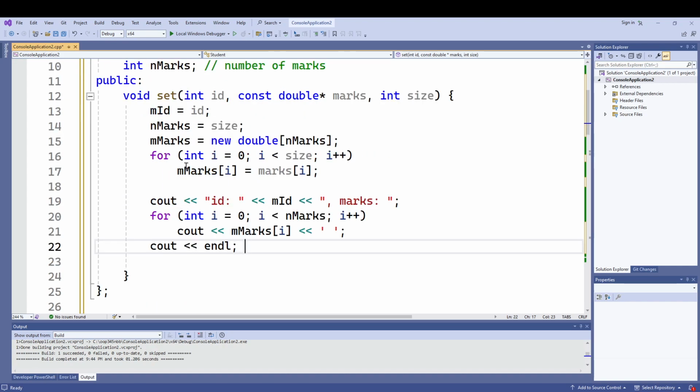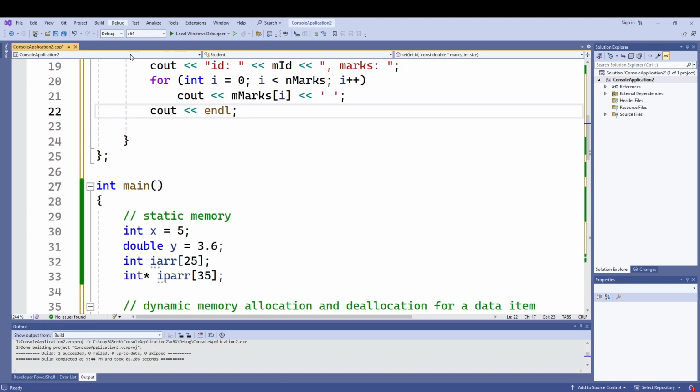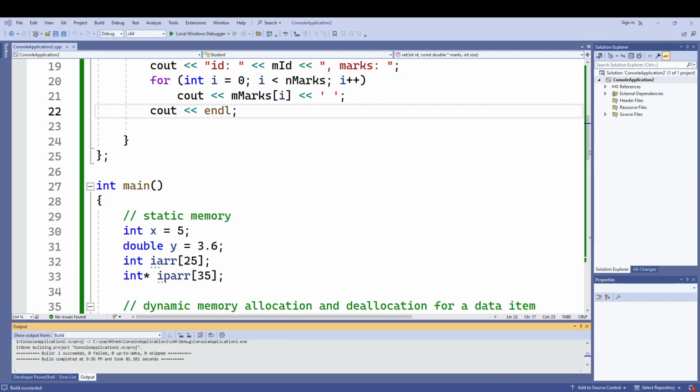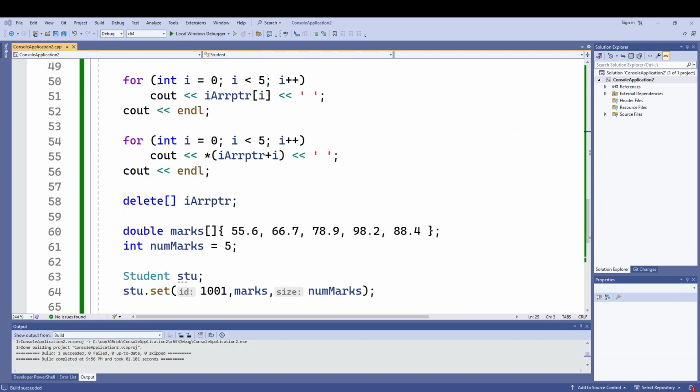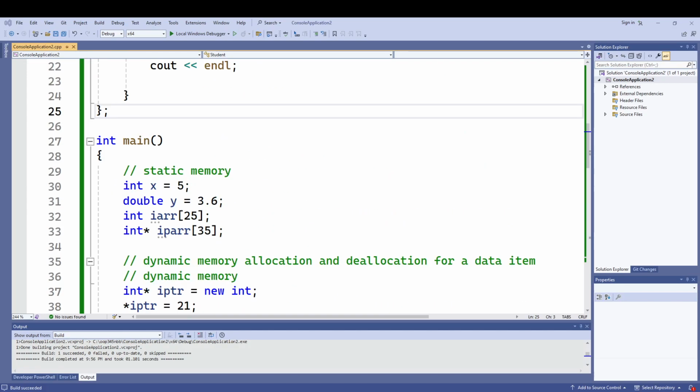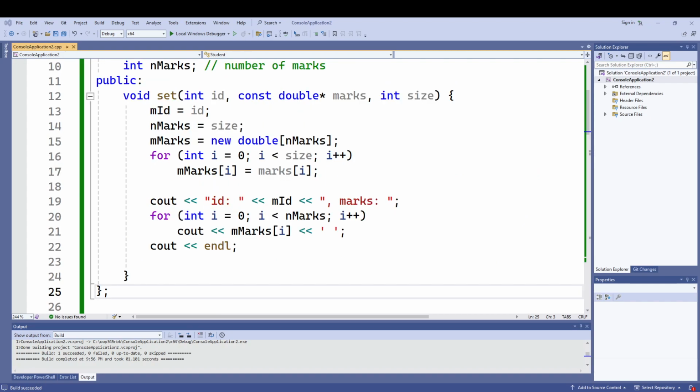So let me test this function. Okay, I'm going to compile this code. Now you can see the output. The ID 1001, marks 55.6, 67.7, 78.9, 98.2, 88.4. I think it is exactly copied. It is copied the way it is supposed to be copied,